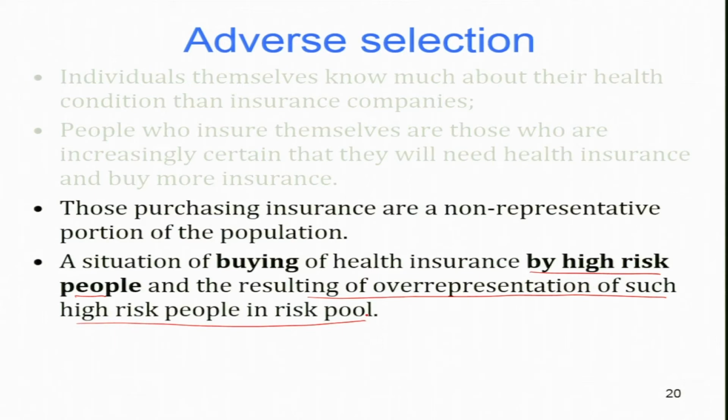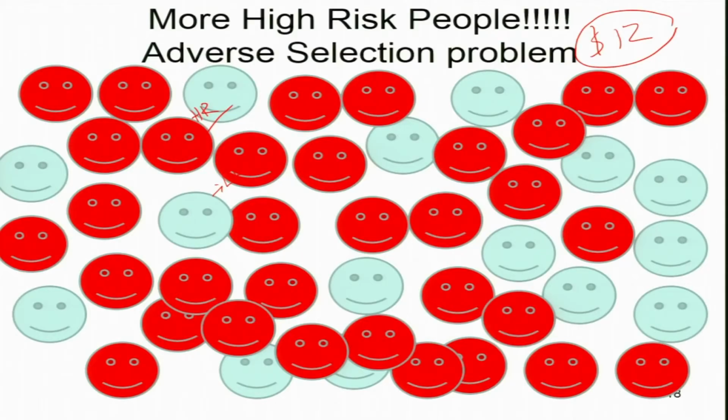Now, let us see if this scenario happens, what is going to happen in this market. Now, we know that once this happens, the premium is not going to be this $12 at all. This is going to increase. For example, based on this calculation, the new premium is going to be 200. So in this example we know that though it is over-represented by high risk population, we can also see some low risk population as well here.